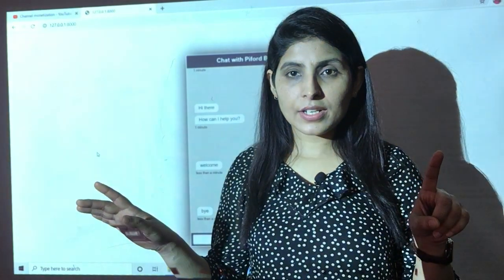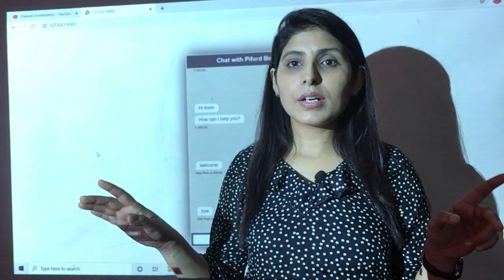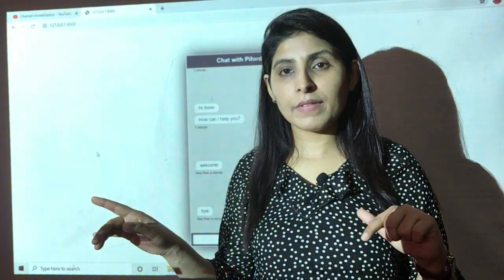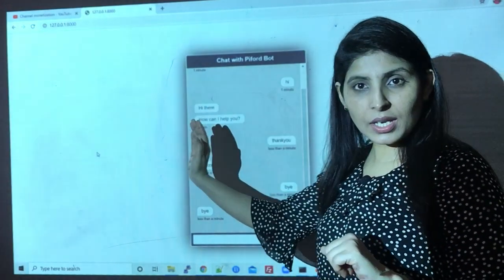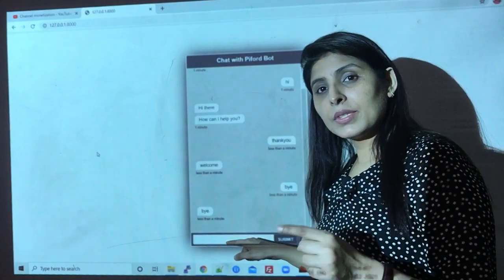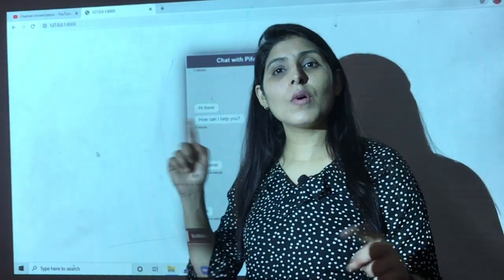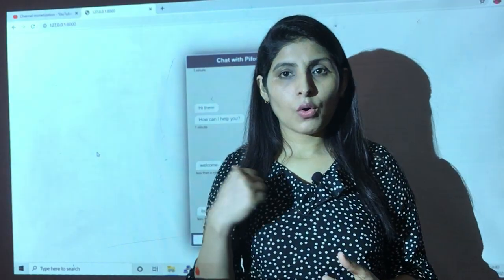One is rasa run actions, the other is the command used to run Rasa, and the third command is python web_app.py. Python web_app.py is responsible for showing you this design, and the other 2 commands are responsible for that when you type something over here, with the help of the other 2 commands you'll get output from the chatbot.